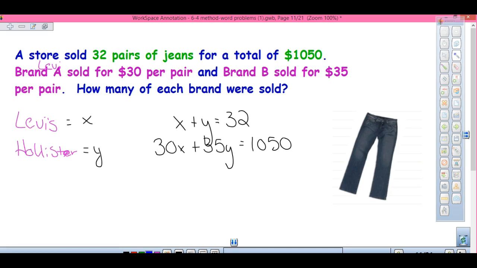Okay, what do I have to do? What do we do? Multiply everything by negative 30. Okay, so I have negative 30x minus 30y equals negative